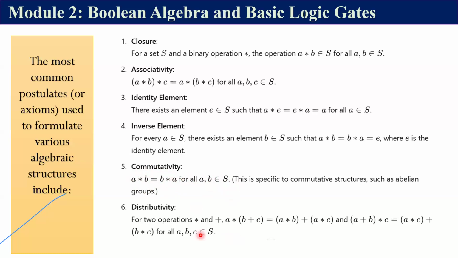In this case, we're looking at if you have two operators, say you have an AND and then you have an OR. You combine them in this type of expression, you can as well break them down this way. It looks like mathematics. If you have A AND (B plus C), which is equal to, if you open this bracket, A multiplied by B, you have A operating on B with this particular binary operator you have here. And then this plus, the OR operator, comes in here. You also have A with this binary operator operating on C. So if this relationship holds, and then you go to the other side of it, you also express it this way. If it holds, then we say such a Boolean expression satisfies the distributive law or distributive axioms of Boolean expression. Okay,